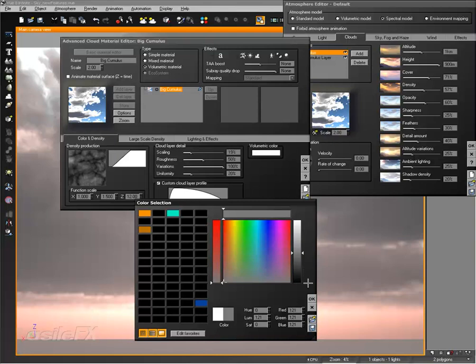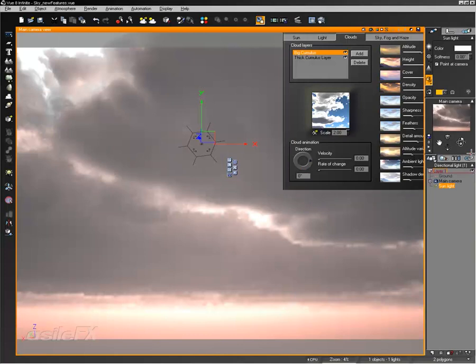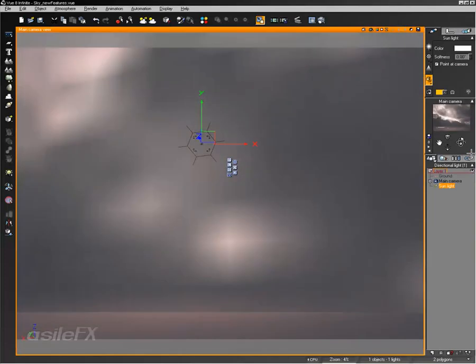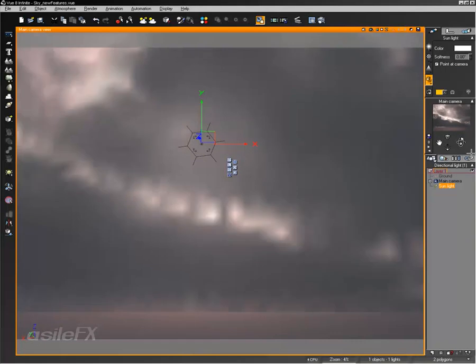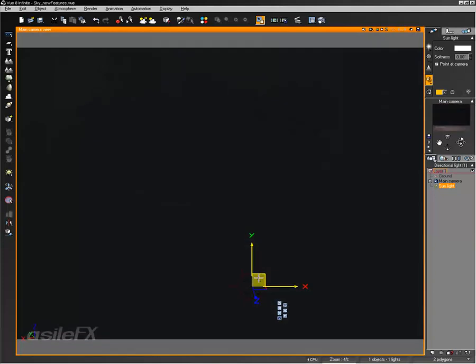And mainly, the biggest thing is the more layers you have, and depending on the angle in which the sun is set, the more light that is shining through cloud layers, the longer it takes to process. So if you have really low density settings and a lot of light that's shining through clouds, and you have a sunlight that's set more towards what would be a sunrise,